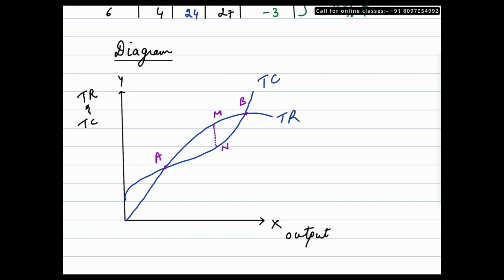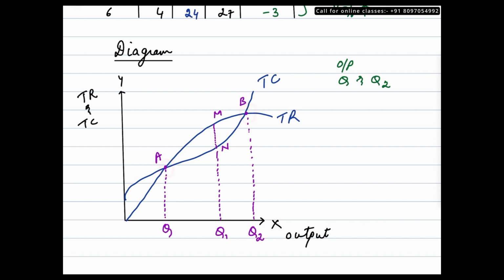Now if we go over here, let me call this as Q1 and let me call this one as Q2. So at output level Q1 and Q2, we are getting the points of intersection, which is this, where both